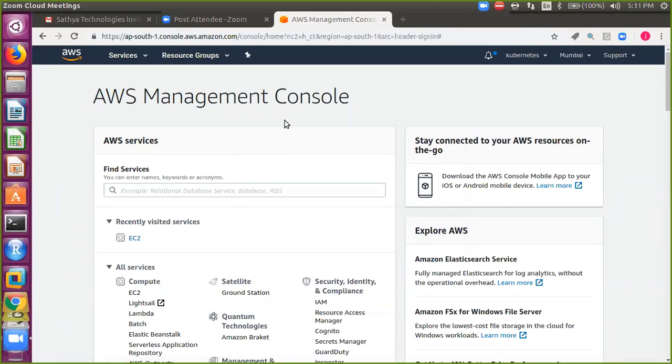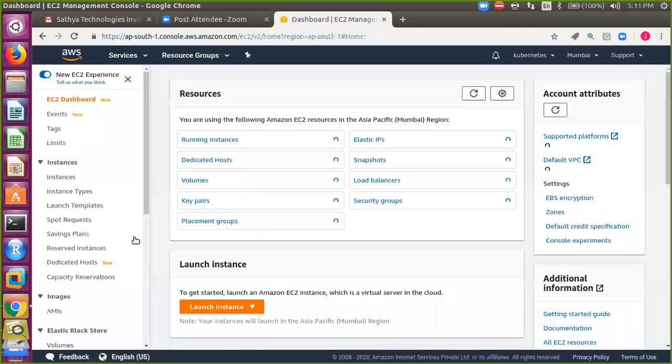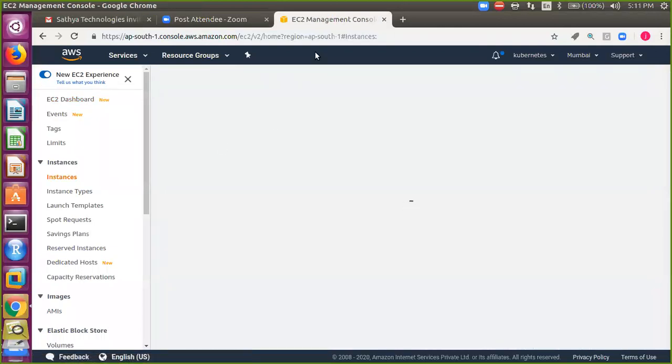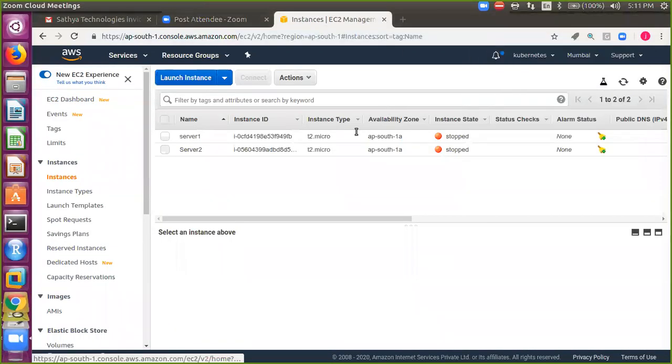Connecting from one server to another. So, what we have discussed in the previous class. Okay, connecting from one server to another server and connecting with host names.